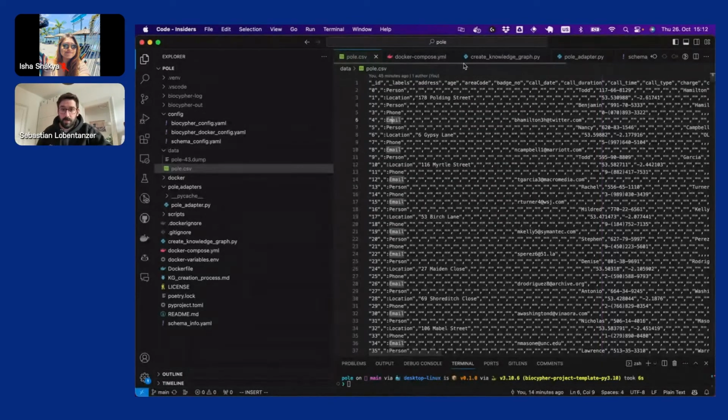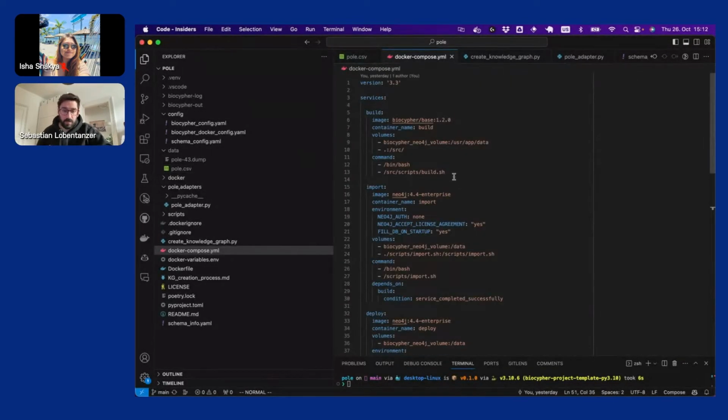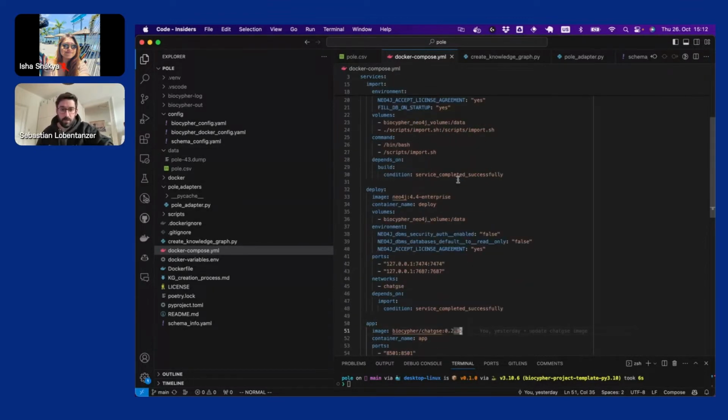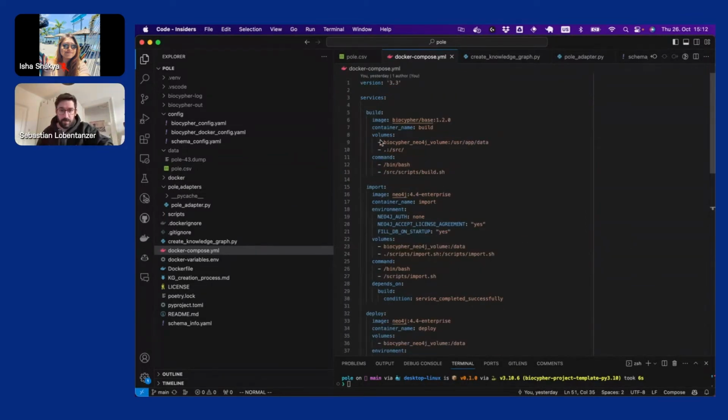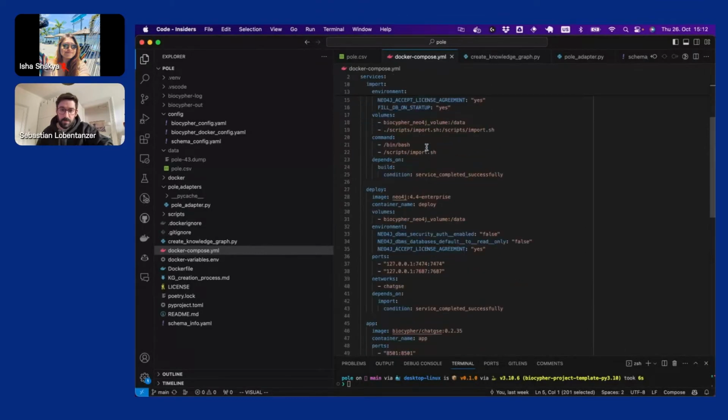We put this together using a Docker Compose, and this is also available in our template repository. If you want to build a thing like this, I would recommend starting from the template repository, which already contains these steps. This step I added, but in general, we build the BioCypher representation of the data.